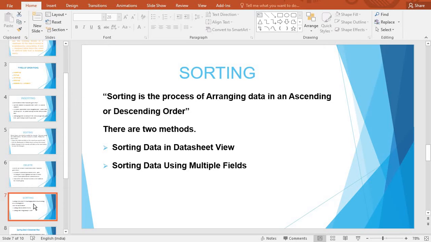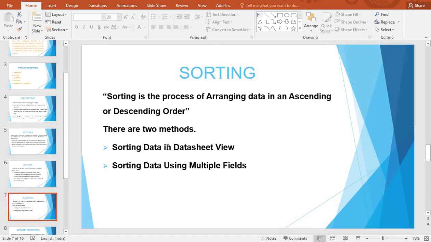Here there are two types of sorting methods. Sorting is a process of arranging data in ascending or descending order. You may sort your data depending upon your work environment, depending upon your wish, either in descending order or ascending order.